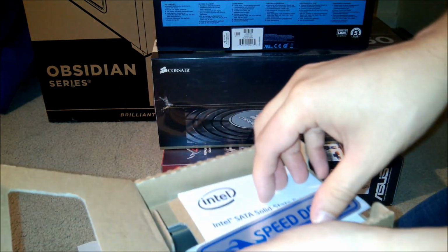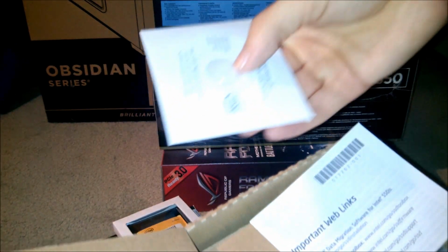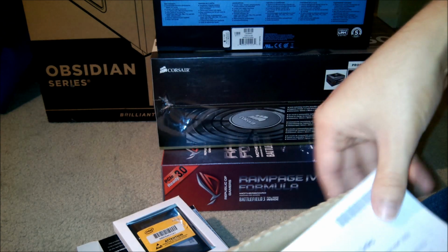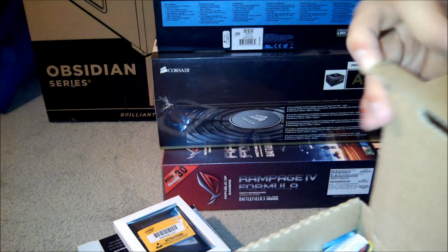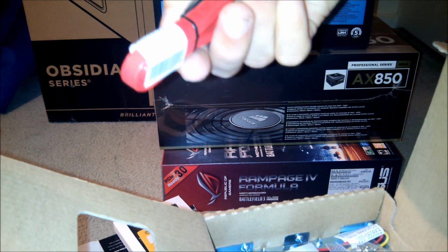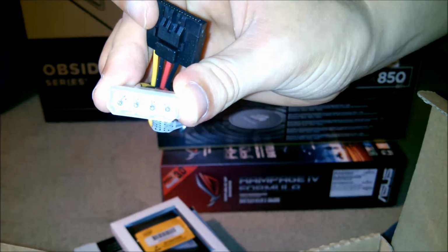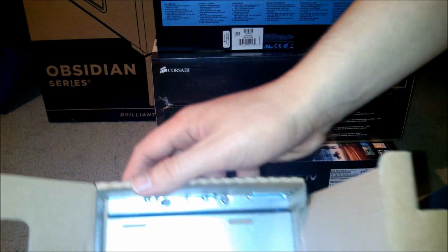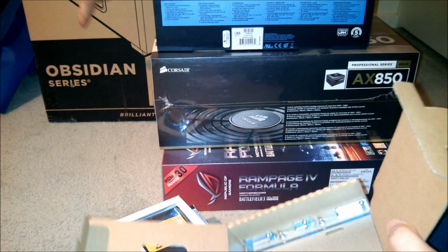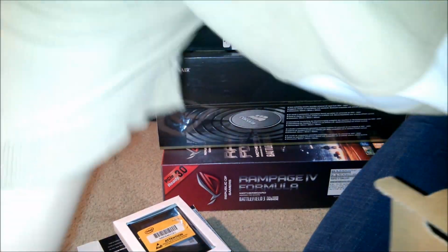And, ooh, what do we have in here? We have another sticker, which I'll, once again, definitely not be using. We have, holy crap, we have a driver CD. We have a little manual thingy, who cares about that? We have, oh that's nice, we have a SATA cable. SATA 6 gigabit it should be, theoretically, since that's what the drive is capable of. We have some mounting screws. We have some case screws. We have a Molex to SATA power connector, and we have a hard drive cage, although I shouldn't need it, as this over here should have mounting brackets in it already, so that shouldn't be an issue. Now I'll pour all this crap away